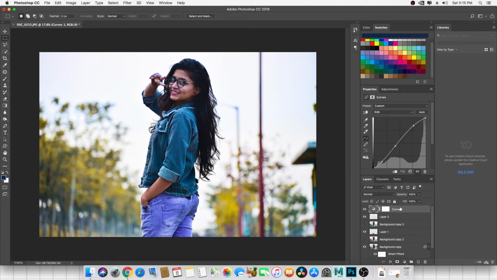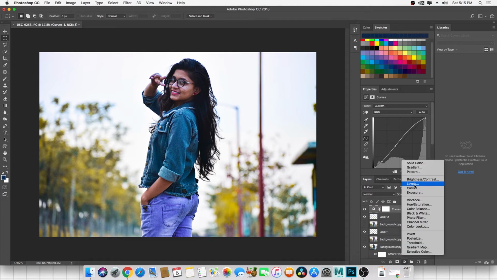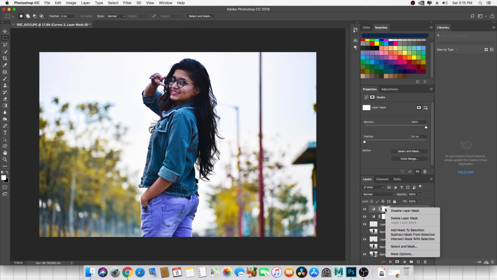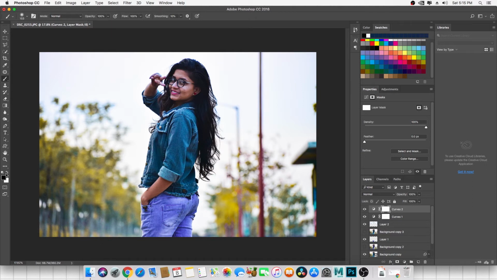Okay, next one, I'm going to take another curve, and now I'm going to invert the mask and press alt delete.